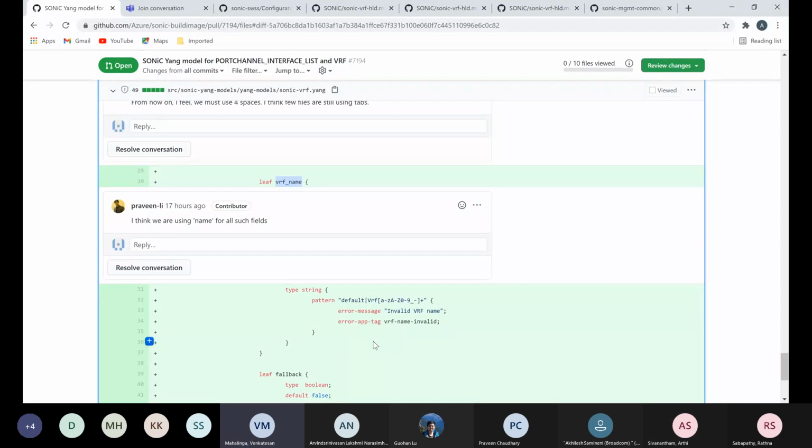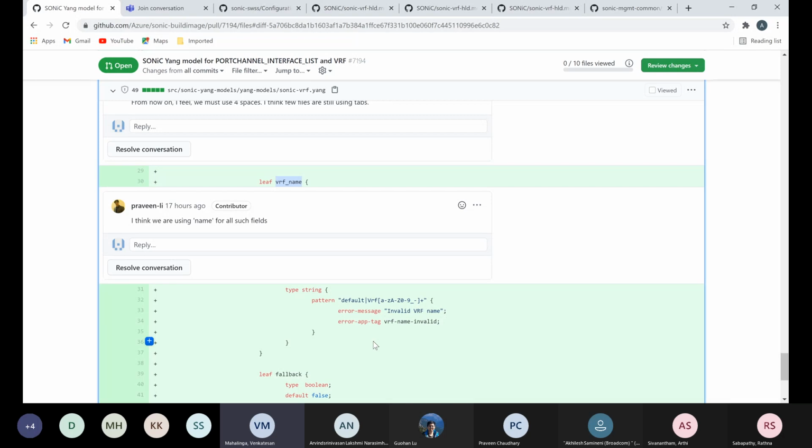Where are we ignoring this? In the VRF manager in SWSS, correct. If we get any event with the VRF table key default, we are just ignoring it. Oh, that is already there right now. I don't know whether the change is pushed to the community, but that was discussed earlier in the community as well.